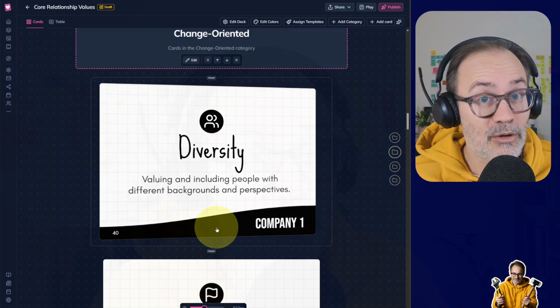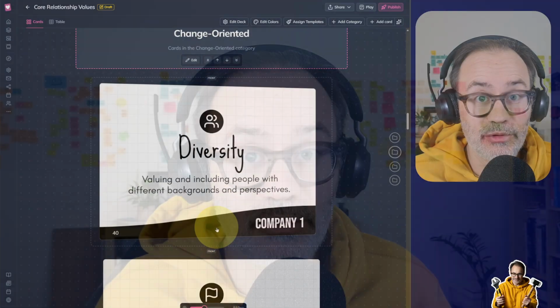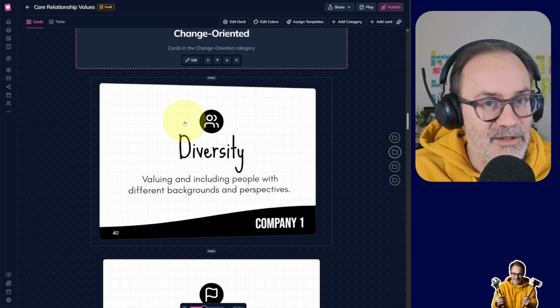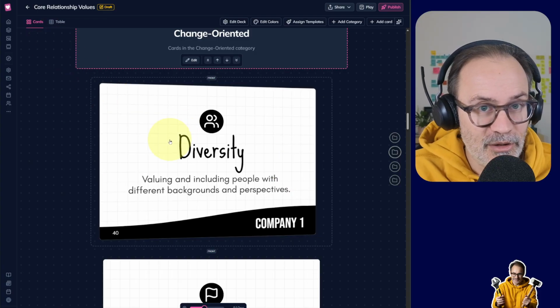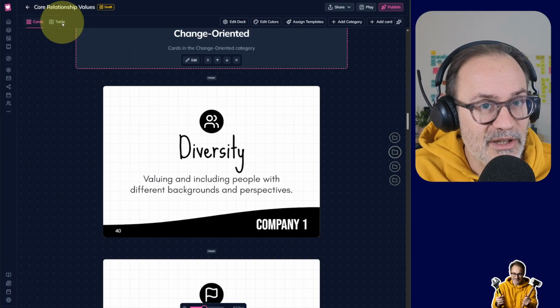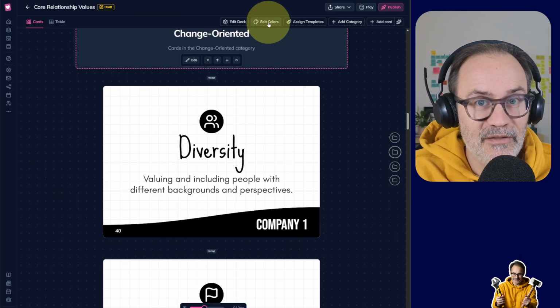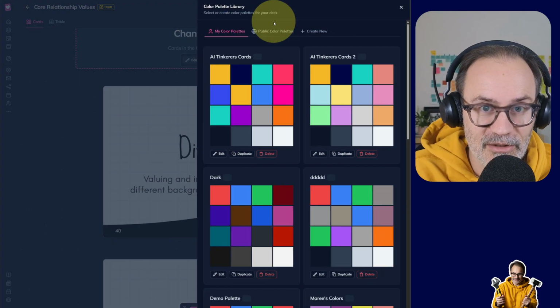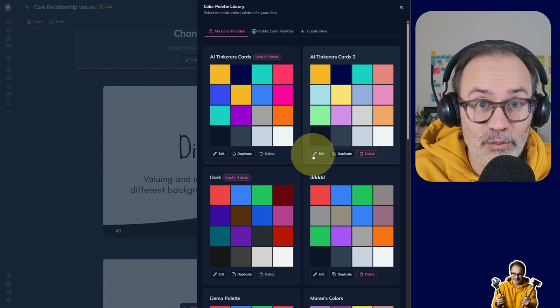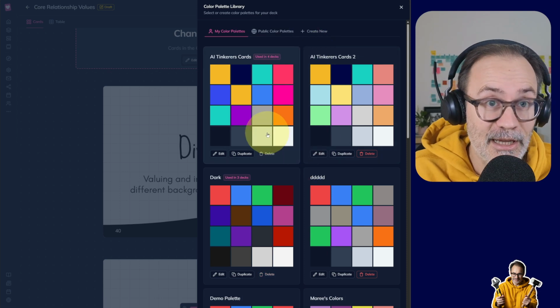So how are we going to do that in I Love Cards? Well, at first, we're going to create a brand new color palette. So let me show you how you do that. I'm in my deck builder right now, and you can see that in the toolbar, I have this edit color button. So I click on it, and it opens the color palette library